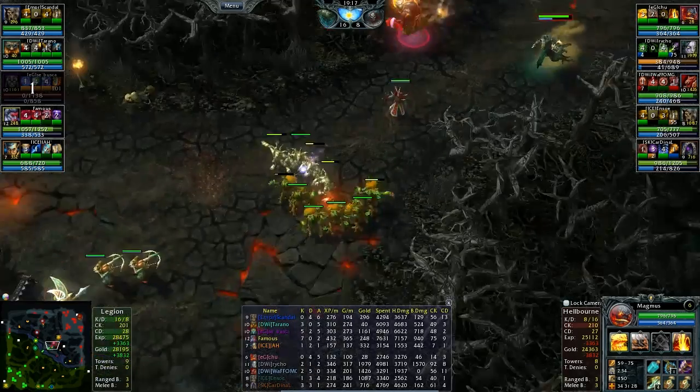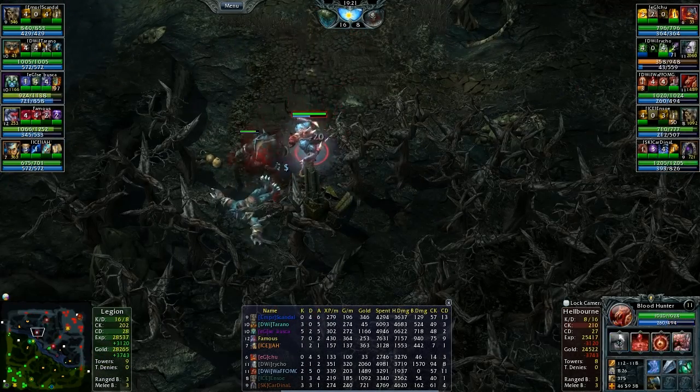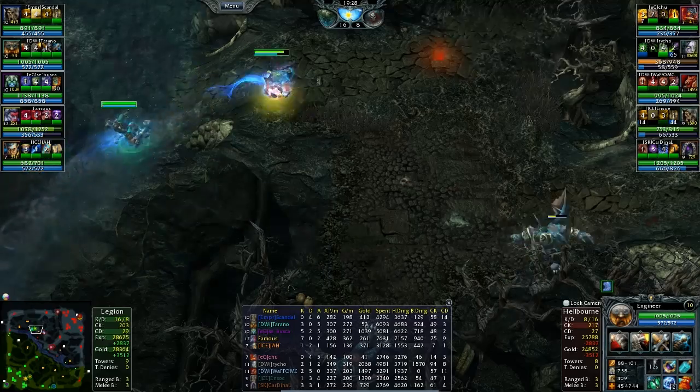The good old days. What was that, like 5 weeks back? Oh man, days were crazy back then. But we got Corrupted Disciple and Engineer. They're going to run up here in the woods. They're going to try and find...